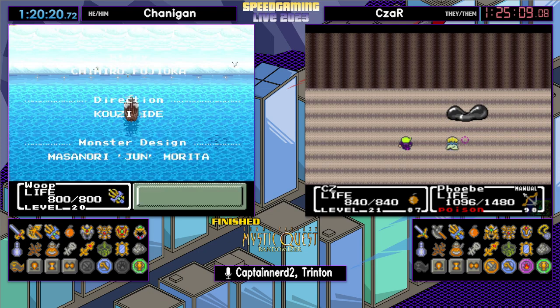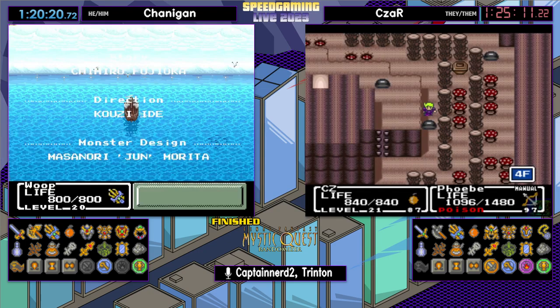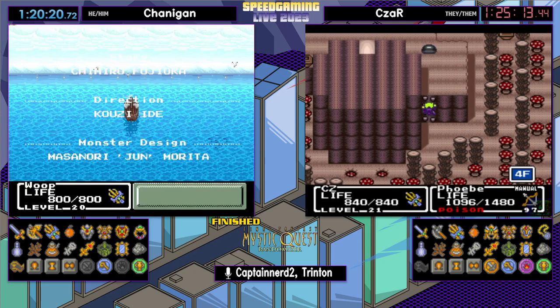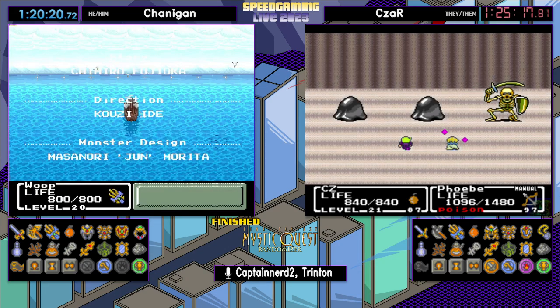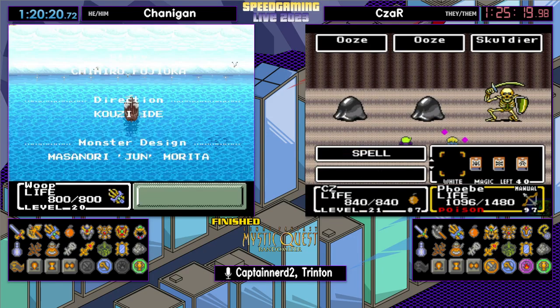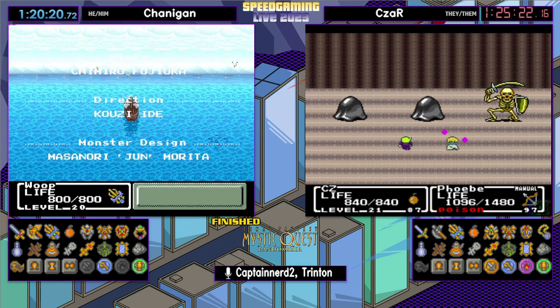Now, CzaR noped out of most of those early fights. He just said, I don't really have the power for it yet, and he just moved on. He checked the dungeon and left. Came back to the cleanup later. But probably the biggest early divergence that I really noticed was CzaR went and got the money so that